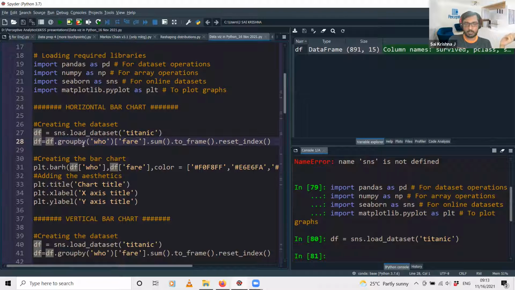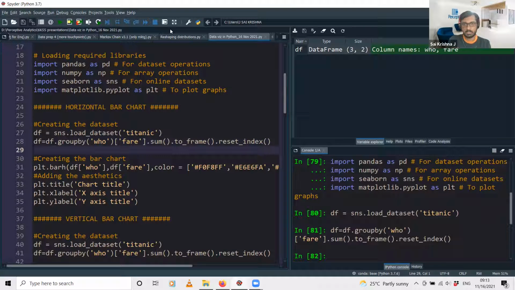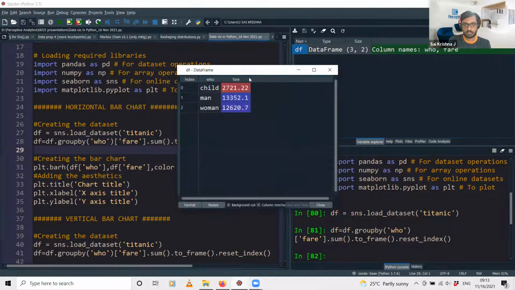So what we are doing is, by the gender we are aggregating the total amount of fare that people belonging to that gender have paid. Okay, so that is why I'm using the sum function here. So let me just do that aggregation and just see what the aggregated data set looks like. So we have typically the ticket fare will be for adults and children, right? So here we have for child, men and women, and we have the total fare paid by each group. So we just need to visualize this as a horizontal bar chart.